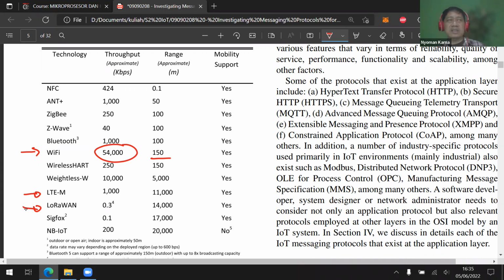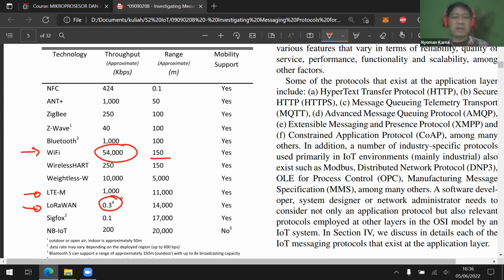If the data is very small, for example, the IoT device will only send maybe the temperature, which in this case is a float, and also the humidity, only 2 numbers per minute, then LoRaWAN is the best solution.